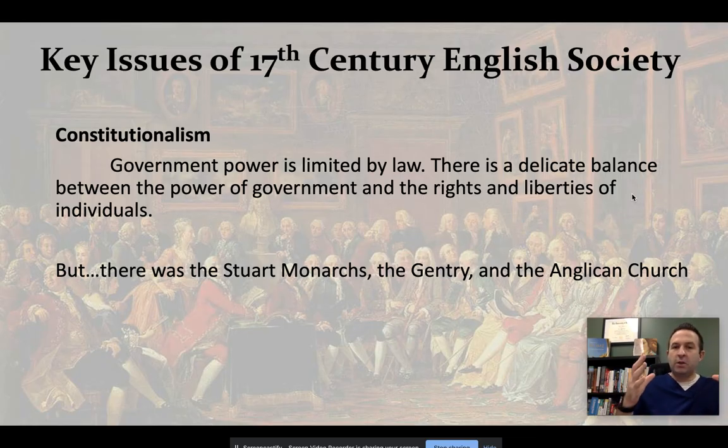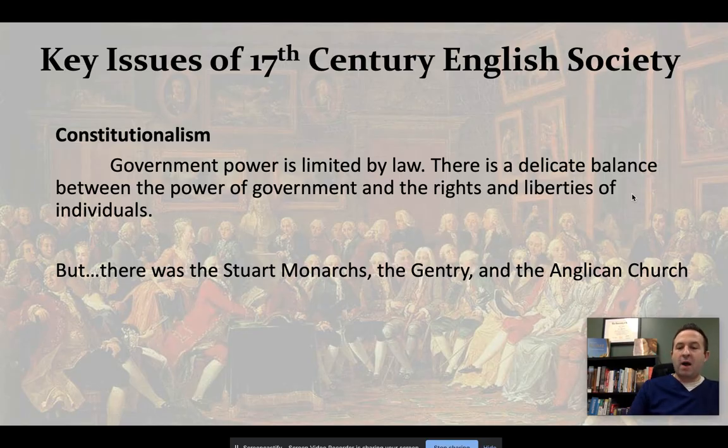You have the nobility, the Stuart king. We'll talk about them in a second here, and their role. But you have the House of Commons led by those nobles, the gentry. You have the middle class that's expanding and burgeoning under capitalism. You have these farmers who are growing in wealth because of new farming techniques and technology. You have the decline of the Anglican Church, but at the same time you see a rise in Calvinism that is creating some problems, but also expanding that middle class because of the Protestant work ethic.